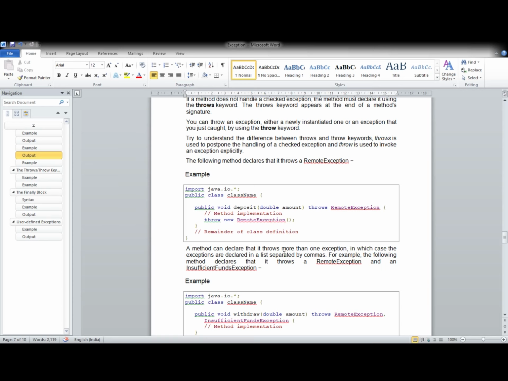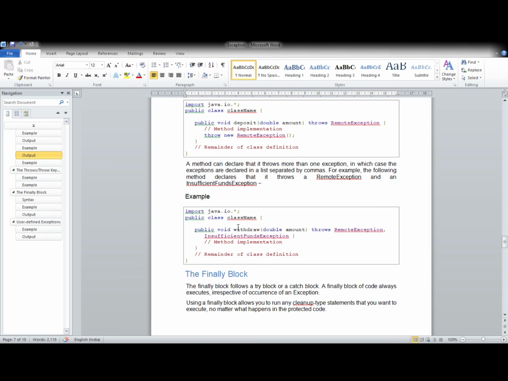A method can declare that it throws more than one exception, in which case the exceptions are declared in a list separated by commas: throws RemoteException, comma, whichever other type of exception. If there are many throw keywords within the method, then all of them must be listed in the throws clause.